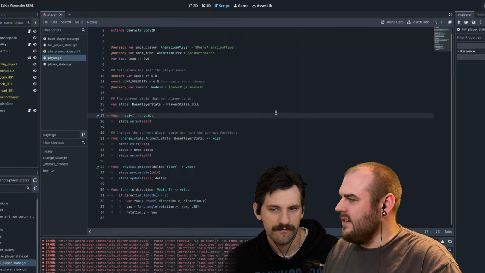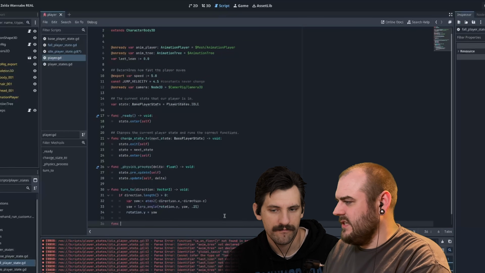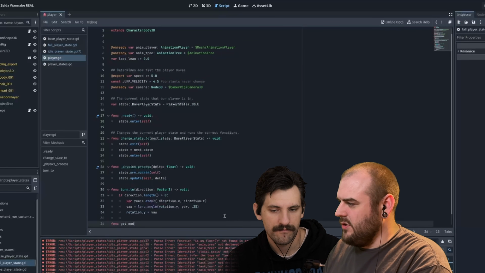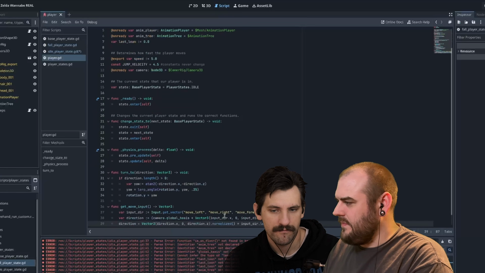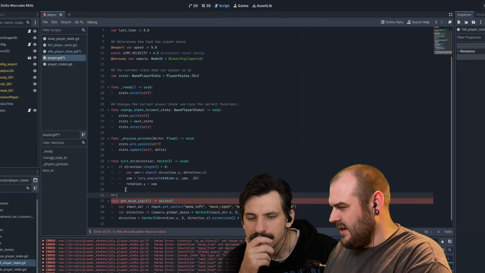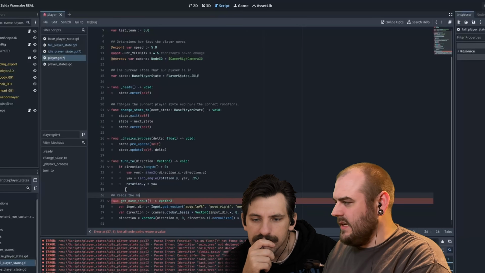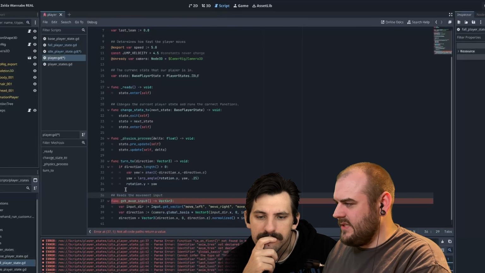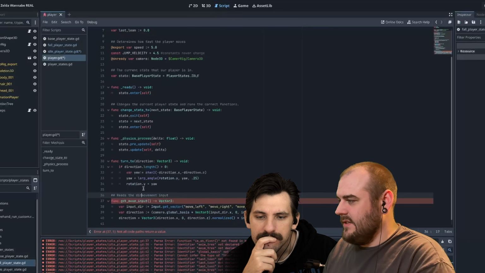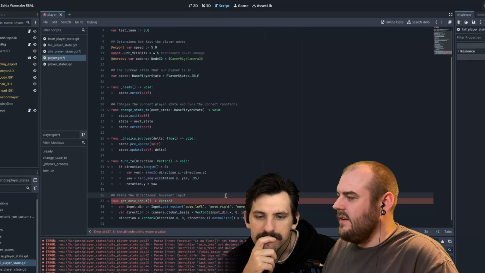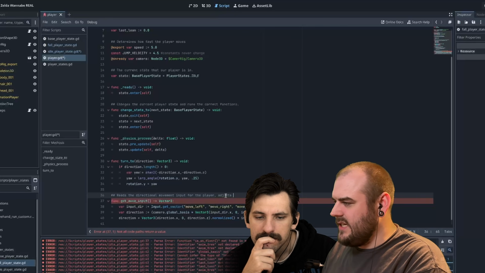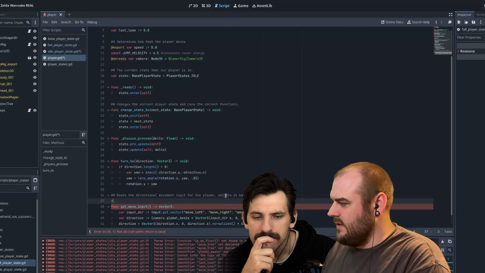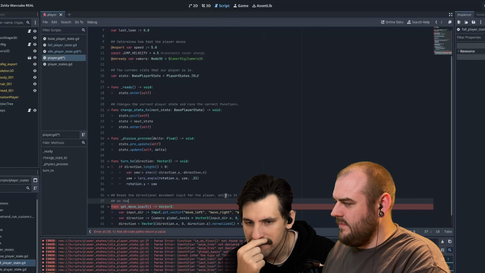We'll go to player and let's just make a function called get move input, and it's going to return a Vector3. And I'll just quickly throw a comment on here. Reads the directional movement input for the player, adjusts it based on the camera,